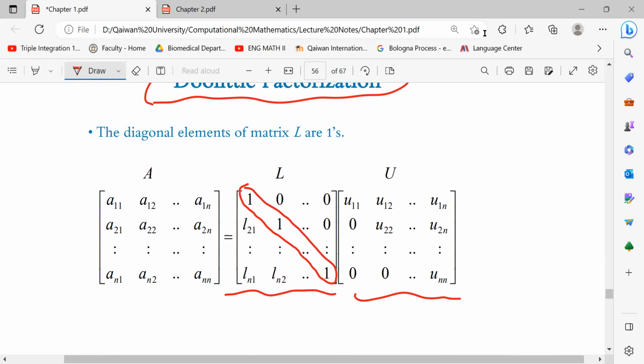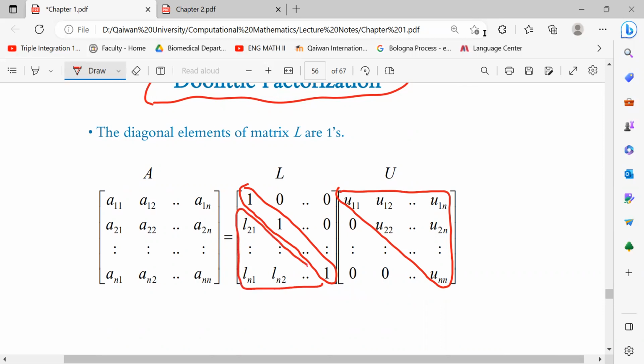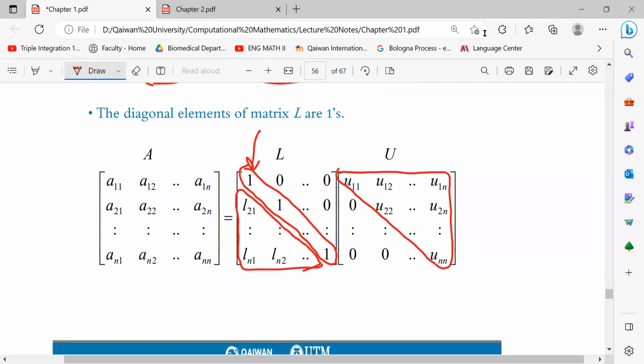This is Doolittle factorization. If it's mentioned to use Doolittle factorization, you should use these L and U. U is still the same as above. It is apportioning the matrix from the main diagonal up. But L becomes, look, the lower part of the main diagonal are L's. But the main diagonal elements here are all 1s. This is Doolittle